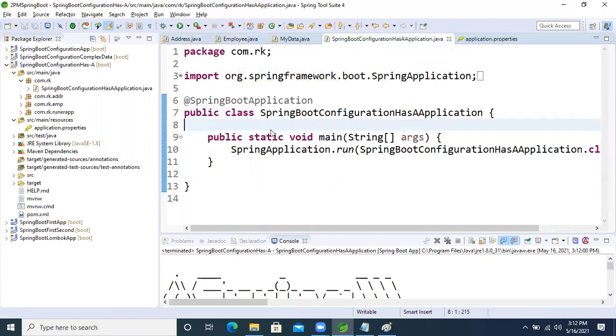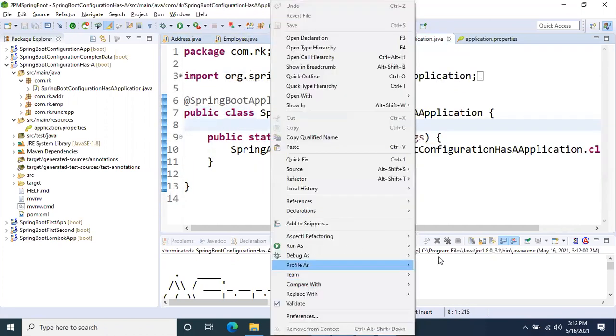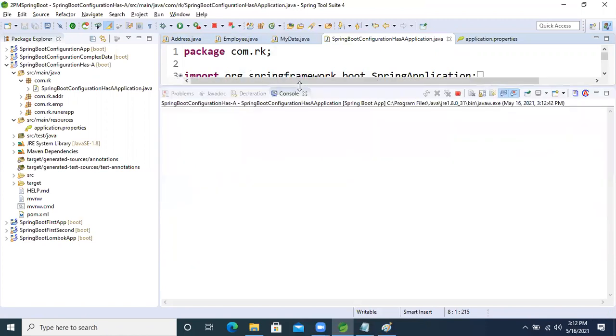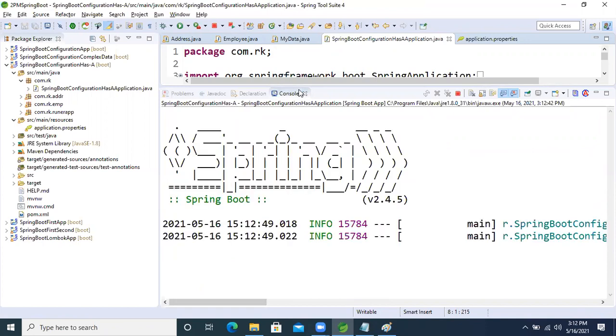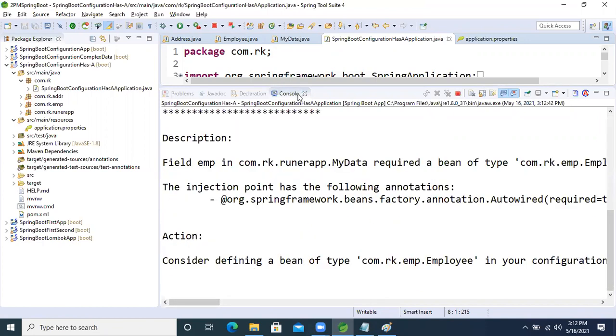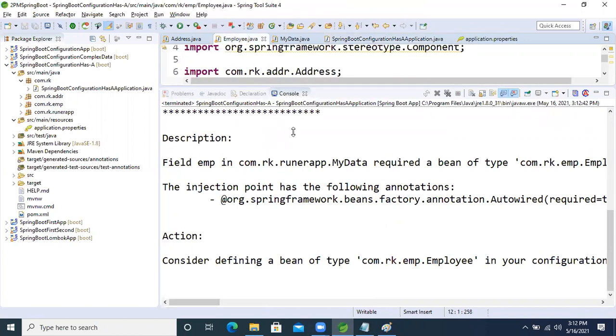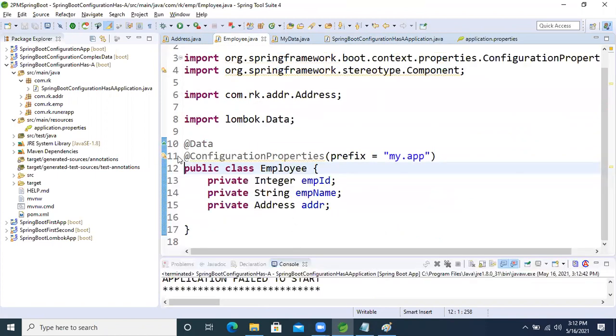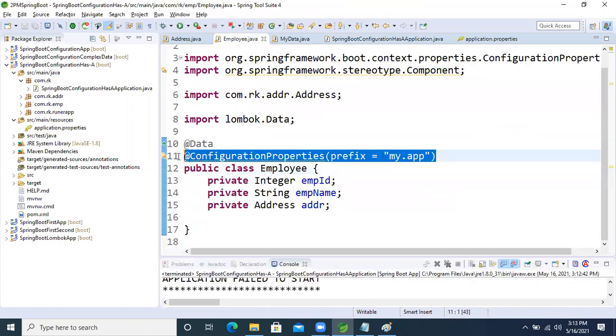Now run the class again. Now, okay. So here it's needed, right? Here it's needed. So where we use it, in that class only. Same thing what I'm doing now, same thing here only.